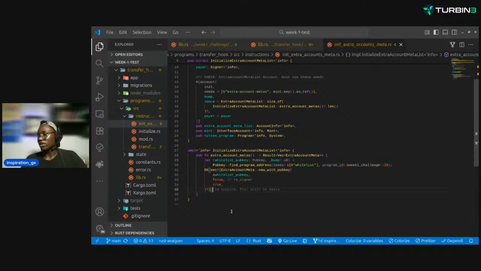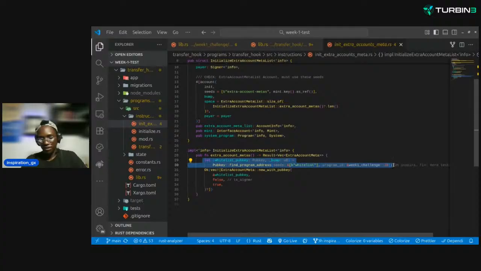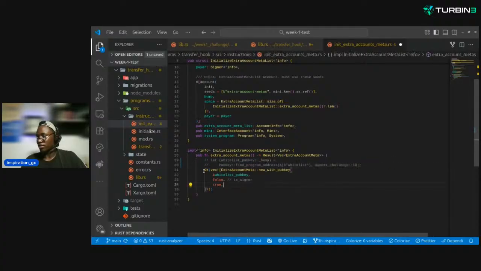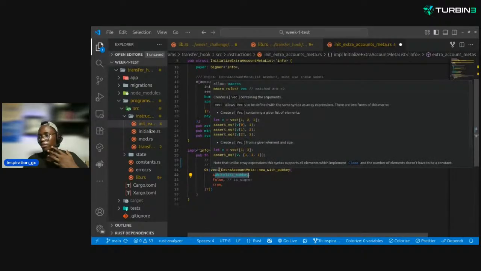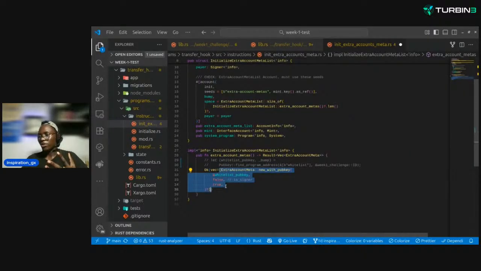So what we're doing is creating, okay, before now I just add a straightforward this. What this is, I'm telling you that at every instance that this instruction is called, you have to pass a public key, and I'm defining what type of public key I want. So I'm expecting you to give me a PDA on every call to this transfer hook. So once you are making a transfer, as long as this transfer hook has been initialized on the token, you need to pass this PDA, and the PDA is derived from